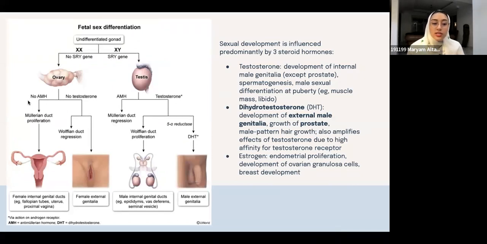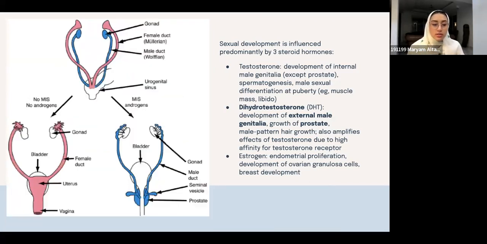If you don't have your anti-Müllerian hormone and you don't have your testosterone, what happens is this Müllerian duct is allowed to grow. Your Wolffian duct needs testosterone to continue developing. So if you don't have testosterone, it's going to regress or not develop. And then what you're left with is only your Müllerian duct, and that's going to develop into our female reproductive system. Our gonads, here this would be our fallopian tube with the fimbriae,